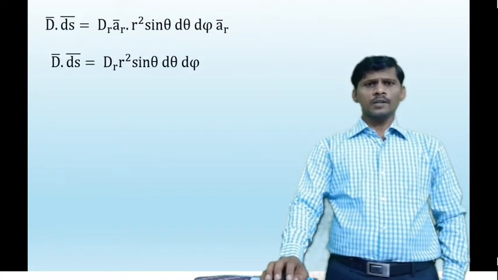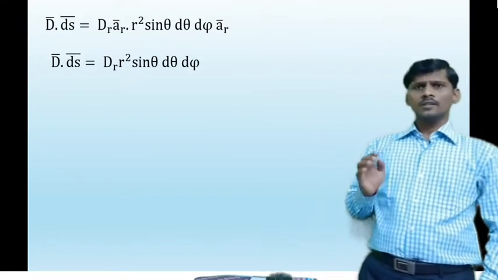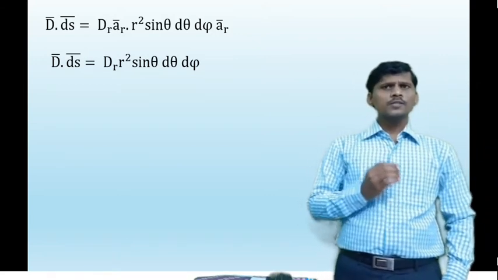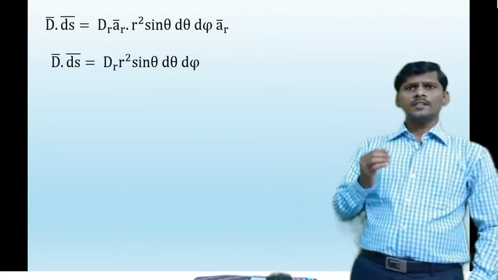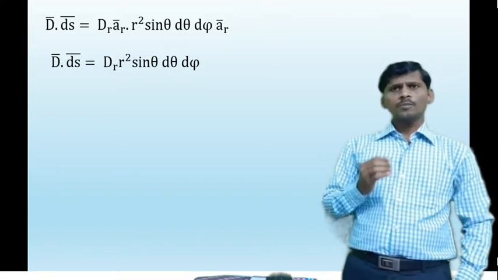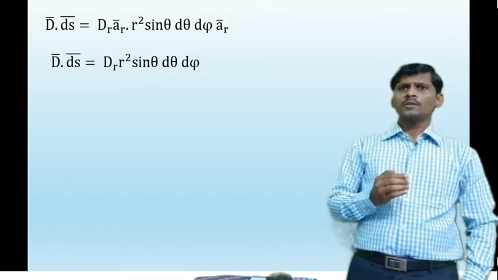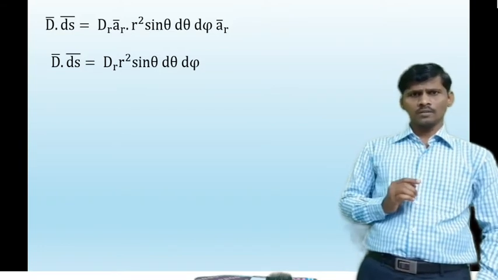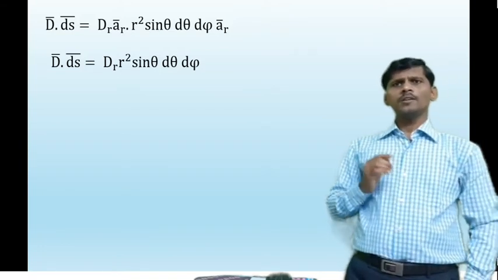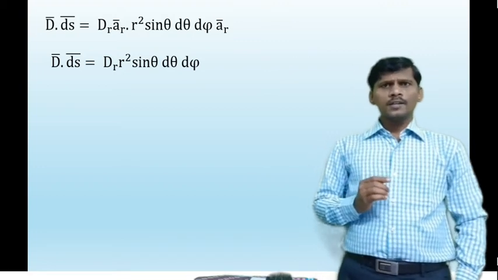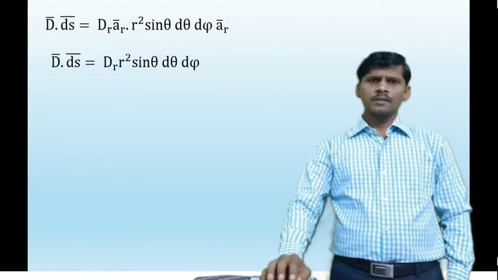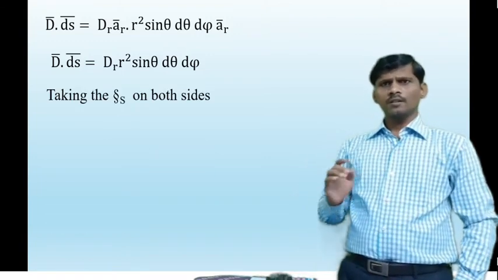So now determine the D bar dot dS bar value. D bar is Dr into ar bar and dS bar is r square sin theta d theta d phi ar bar. The dot product of the same unit vectors is 1. That is ar bar dot ar bar is 1. So D bar dot dS bar is equal to Dr into r square sin theta d theta d phi. Taking the closed surface integral on both sides,